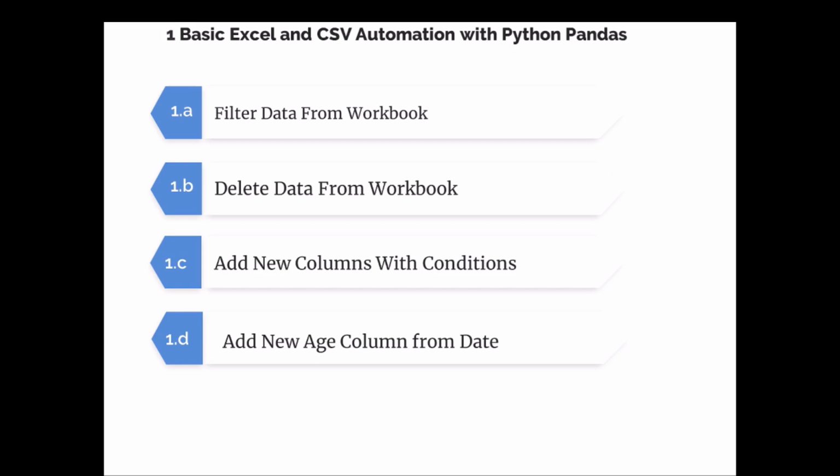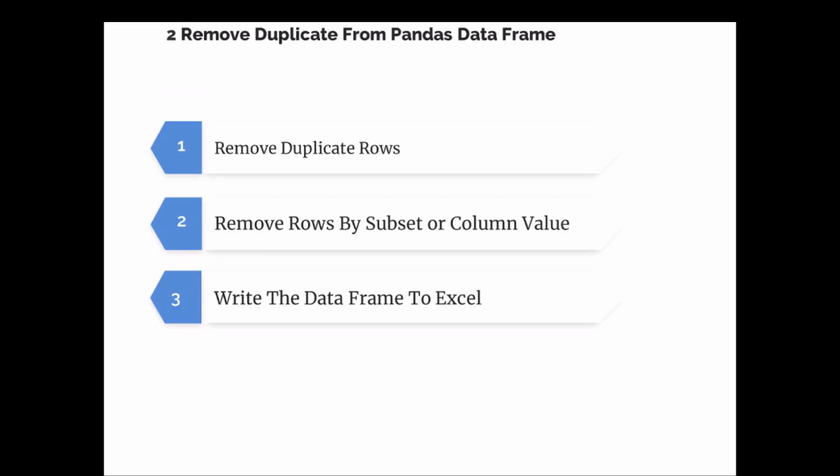Now let's move to today's agenda. Today we are going to learn how to remove duplicate rows from pandas, and then how to remove duplicate rows by a column value. Okay, so let's say any roll number is coming repeatedly, so we want to remove only the column values, and then we want to keep the latest data or the previous data. So for that, first of all, let's have a look at the data, what kind of data we have.